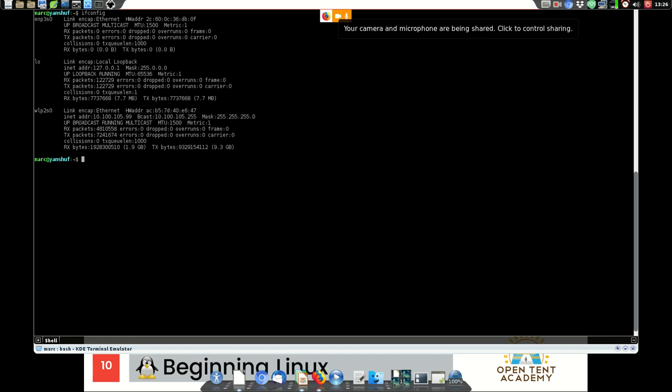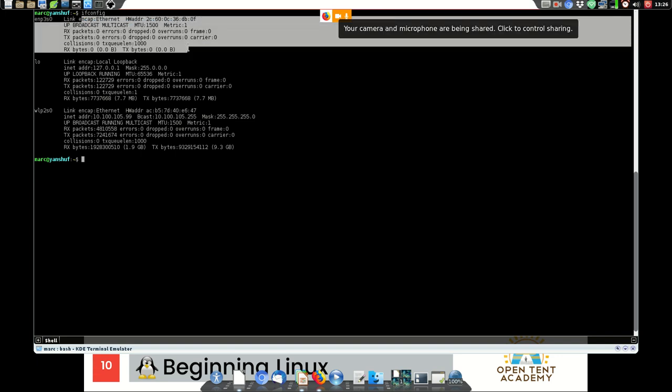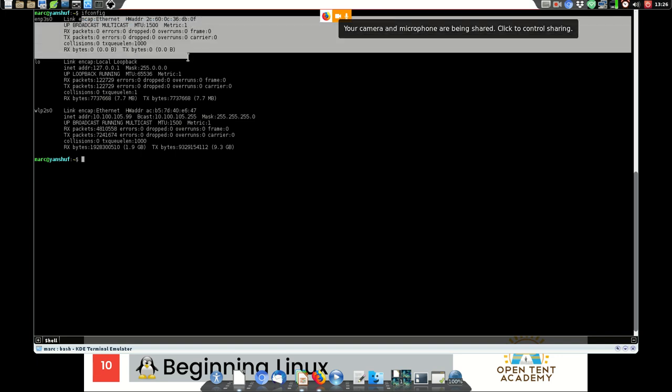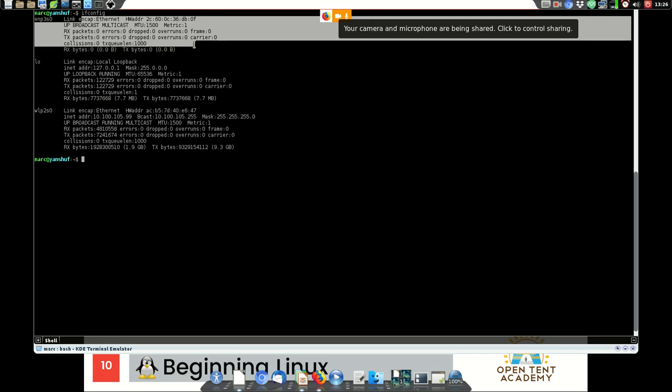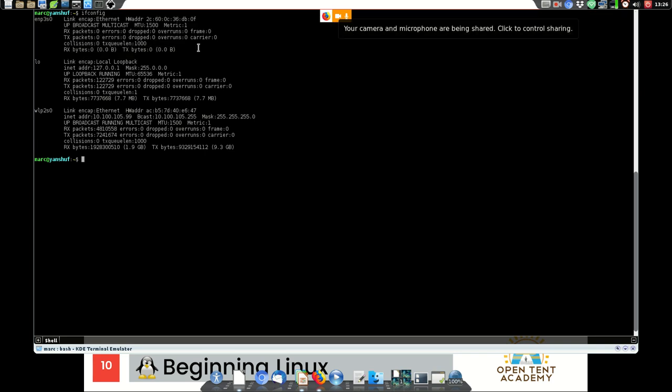I don't know why it doesn't give me just ETH0, but I don't care. EN stands for Ethernet, and I know that that's the wired one. I don't have anything plugged into my Ethernet jack, so it does not have any connection. No packets transmitted, no packets received. Nothing's going on. Okay, fine.